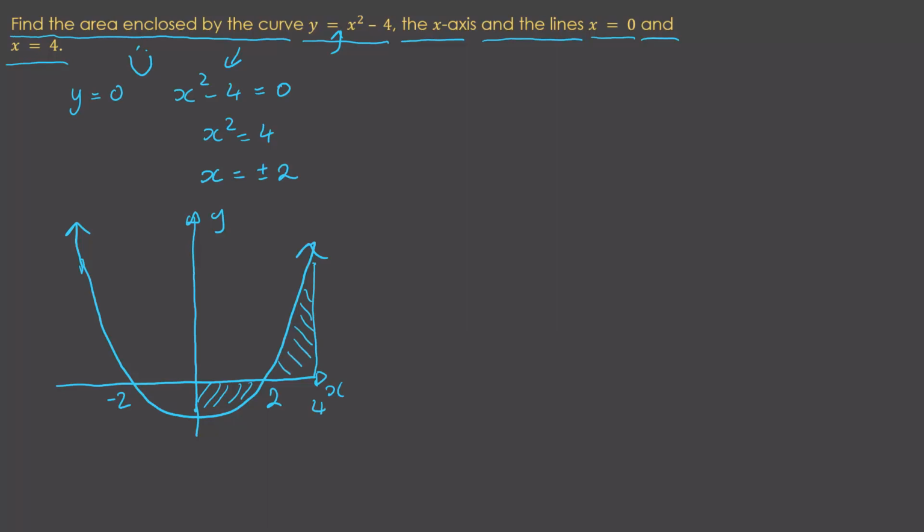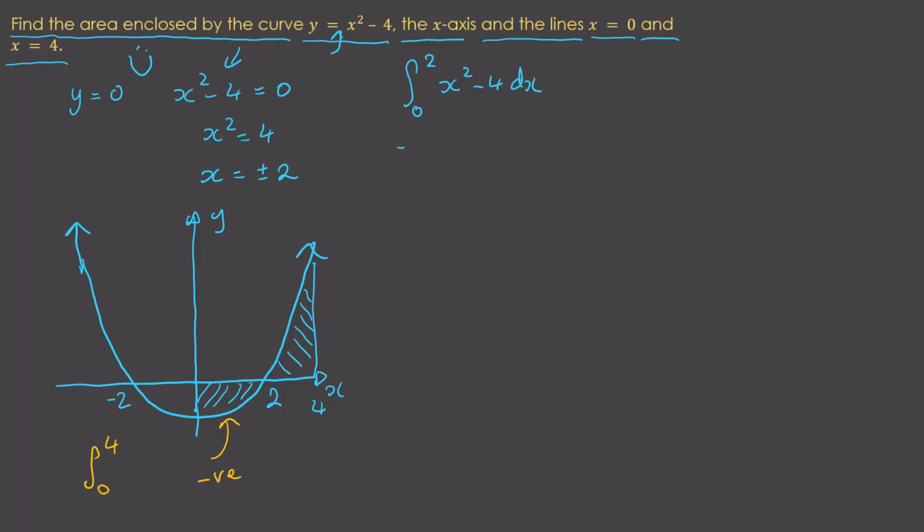So we're going to have to be careful because this bit's going to end up being negative. What we can't do is do an integral from 0 to 4, because the bit below the axis will cancel out with the bit above. So what I need to do is do the integral from 0 to 2 of x squared take away 4